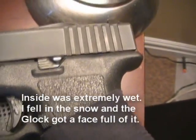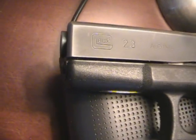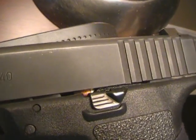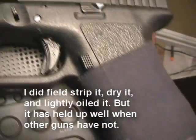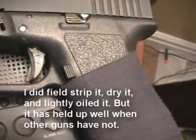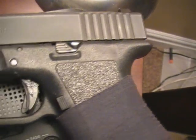Is because I know this gun can take it. I mean, I can't tell you how many times I've taken it up there, and I just don't have to worry about it that much. I mean, I try not to abuse it, but yeah, that's why I take that up. So again, I'm just going through more of my gear back here, making sure anything that can rust is cleaned